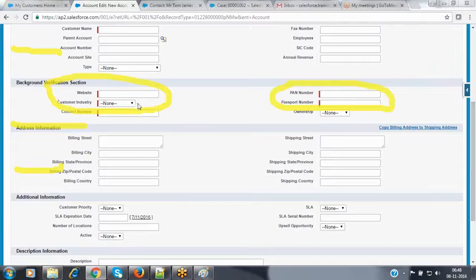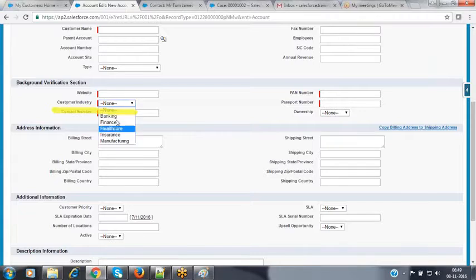Now when you go to the industry field, for the new customers, the industry should be any of the 5 industries. When you go to that industry field, it has to provide only those 5 values inside that pick list field. When you expand that, it is providing only those 5 options: banking, finance, healthcare, insurance, and manufacturing. Only these 5 values are visible to you by default here, because we have configured that the new customer should be from any of these 5 industries. From now onwards we would like to give support to these 5 industries only.